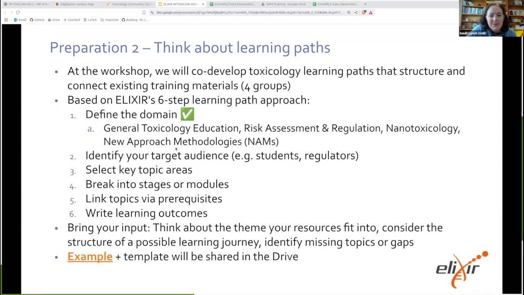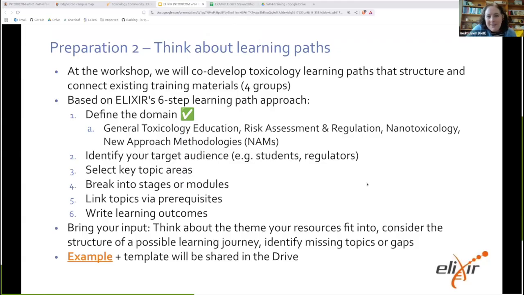Thank you, Marvin, for sharing the link there. The link to the drive will be shared, and once the materials start to come in through the collection form, those will all be deposited in the drive as well, so that people can start to see what might be there and what they might want to link across. Because I guess the overall goal will also be where it makes sense to link materials from different sources into a guided learning path.